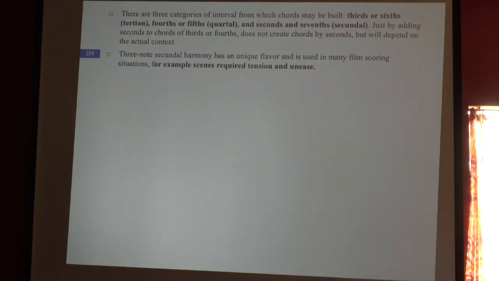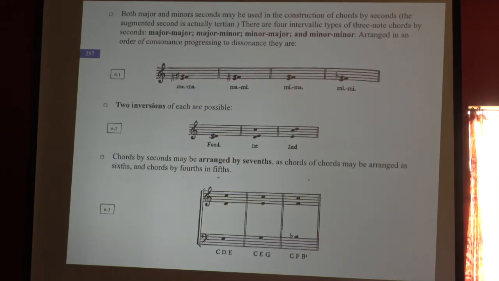Same thing with chords by seconds. It depends on how they're used. So three-note secundal harmony has a unique flavor used in many film scoring situations, for example, scenes requiring tension and unease. We'll see some examples. So you can use major and minor seconds to construct these chords by